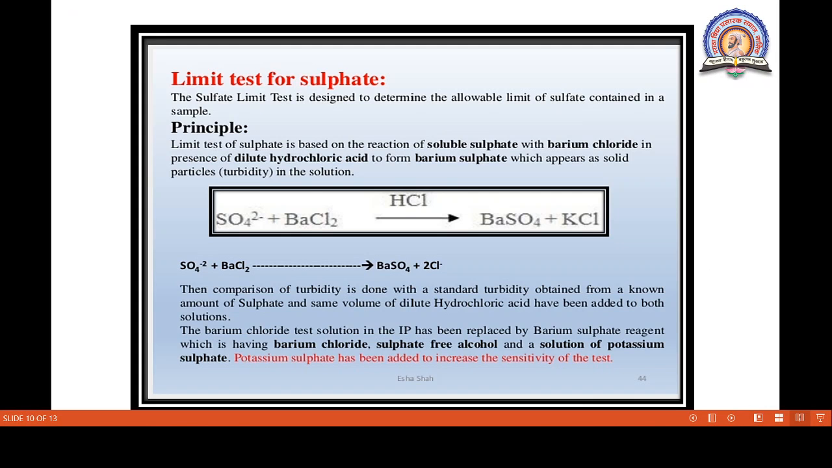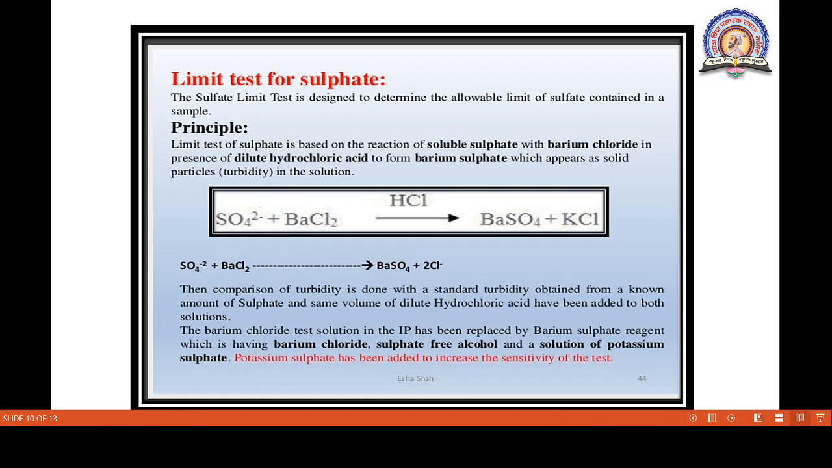Then the next limit test, for sulfate. The sulfate limit test is designed to determine the allowable limit of sulfate contained in the sample. Principle: the limit test of sulfate is similar to the limit test of chloride. Not chemically similar, but the procedure for sulfate and chloride is the same. The limit test of sulfate is based on the reaction of soluble sulfate with barium chloride,